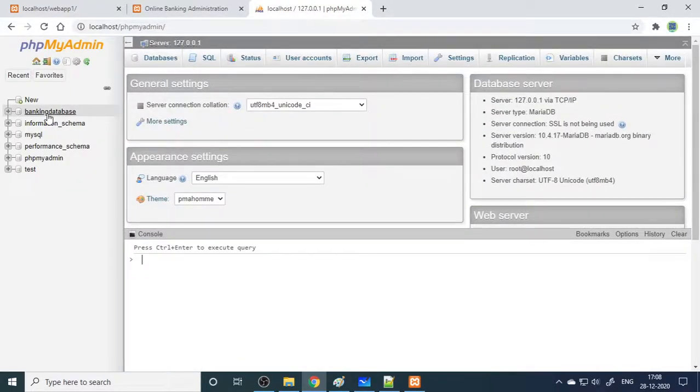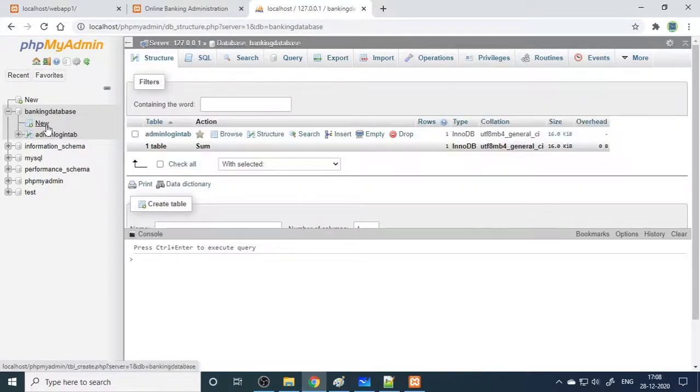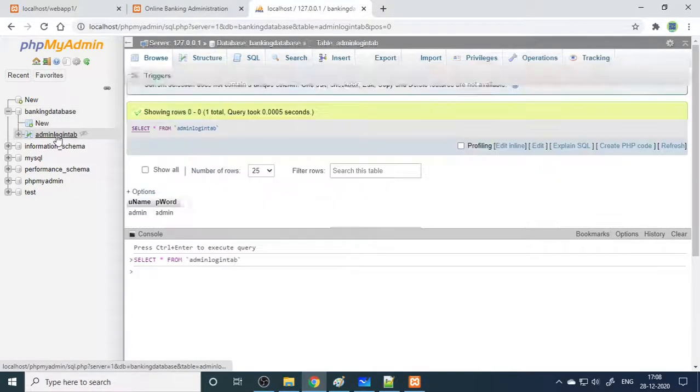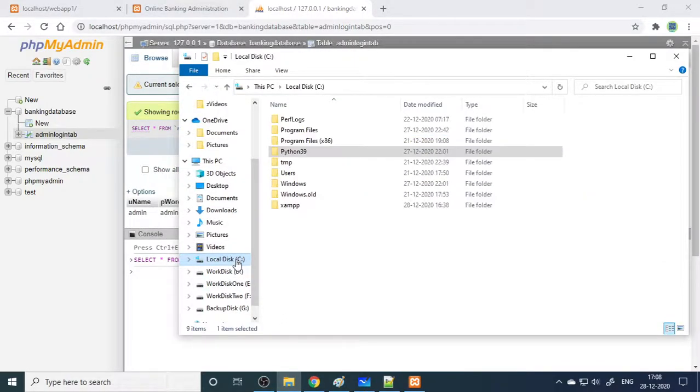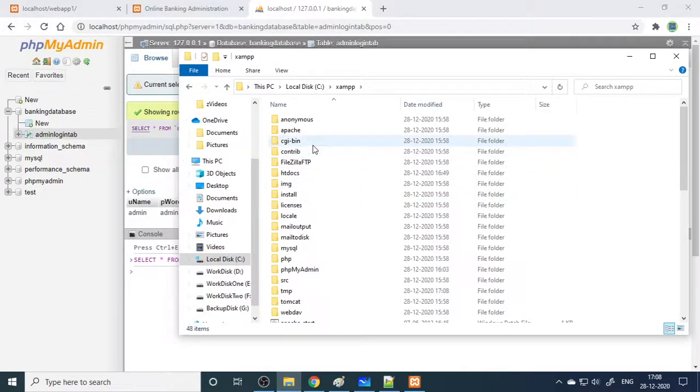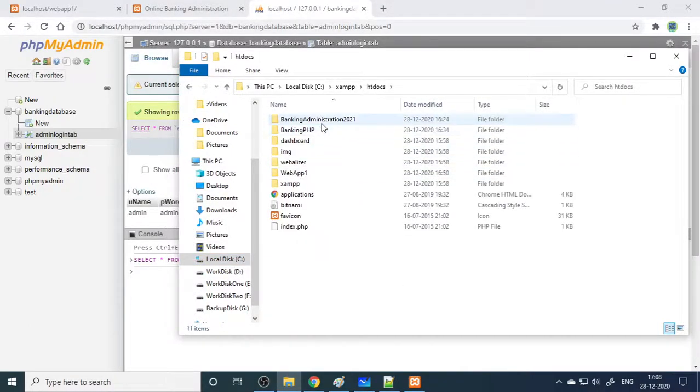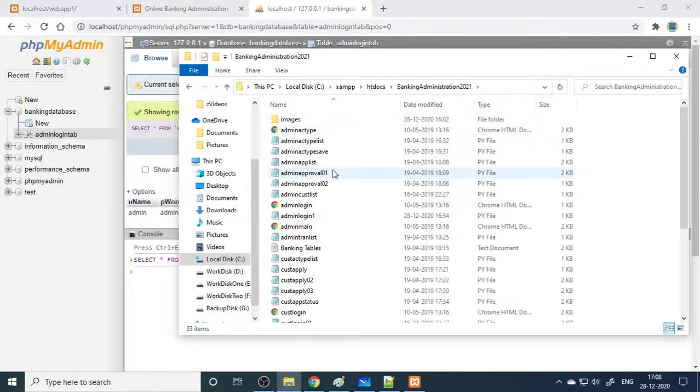Here I created a banking database. In that there is a table called login tab. Inside the login tab you have admin and admin. Now you can see here C:XAMPP, and here is htdocs. I have the web application, banking administration. So this is the web application.